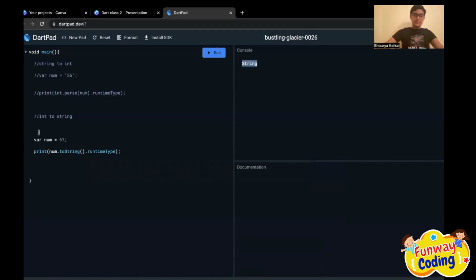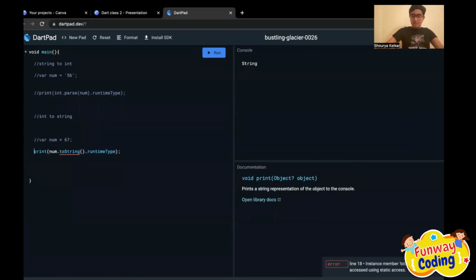Good, cool, it's working. Okay, let's do now converting floats, integer to float. So integer to float is very easy. We have to convert int to float or double. If you know Python, it's a float, but in Dart it's a double. So for int to double, if you've got a number which is equal to, let's say, 67,